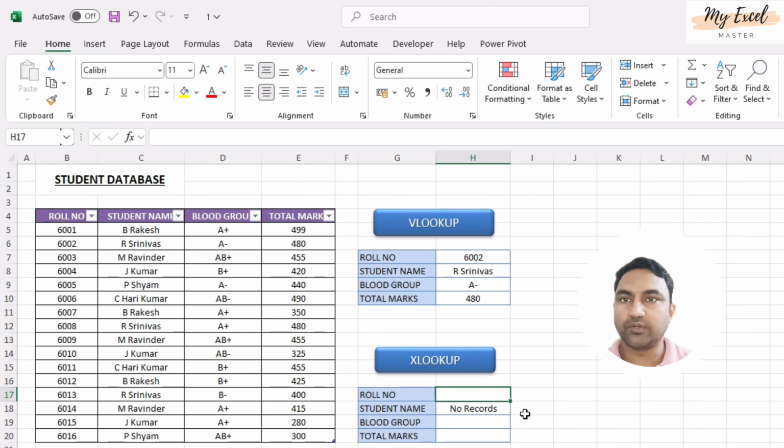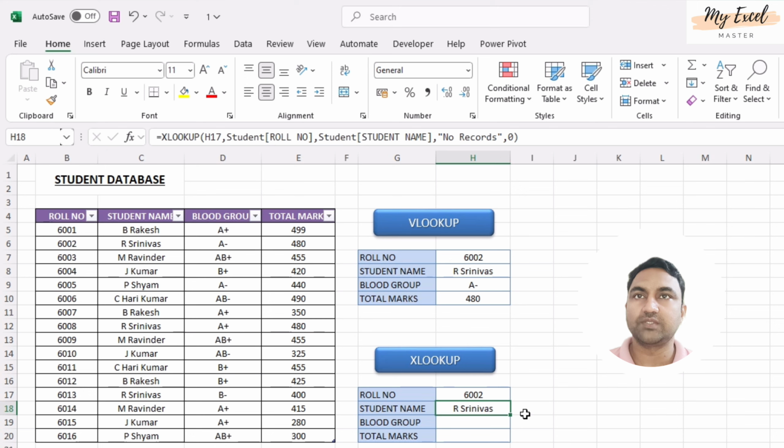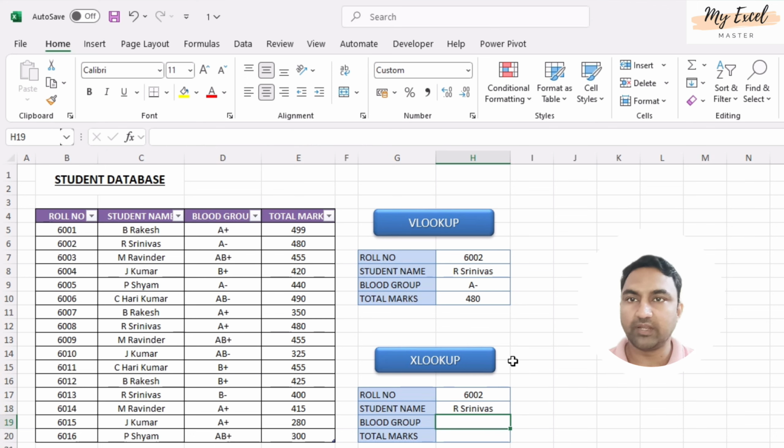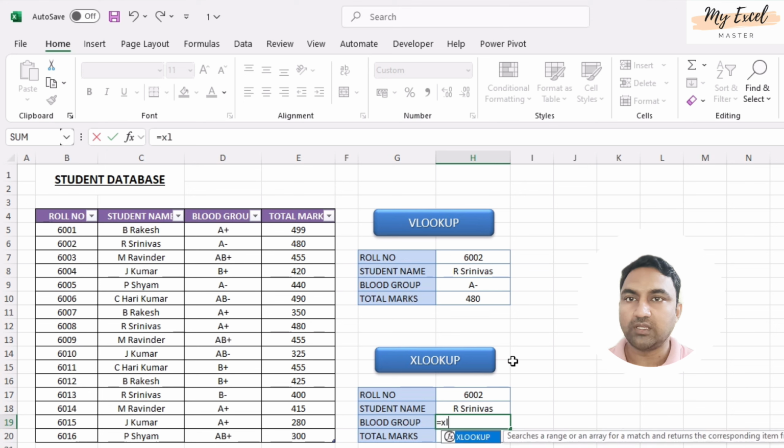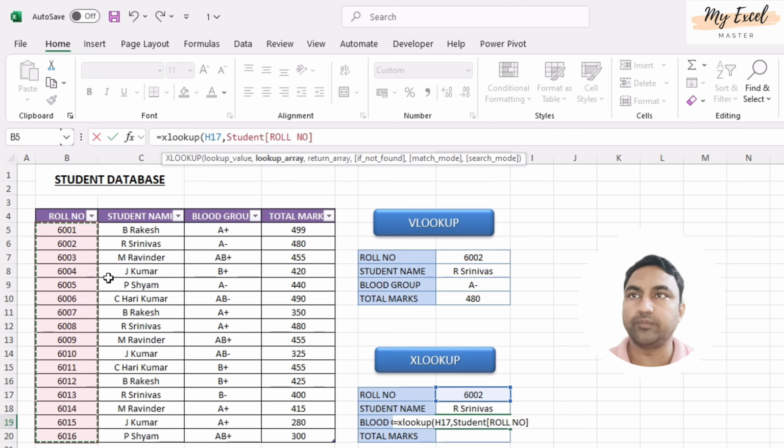Perfect. So here we will enter 6002. See here. Again we will enter another formula, the same formula. XLOOKUP, open, select this cell, comma, where you want to search this data. Only this column. Here we are not going to select the whole data. So we are selecting only the column, comma,